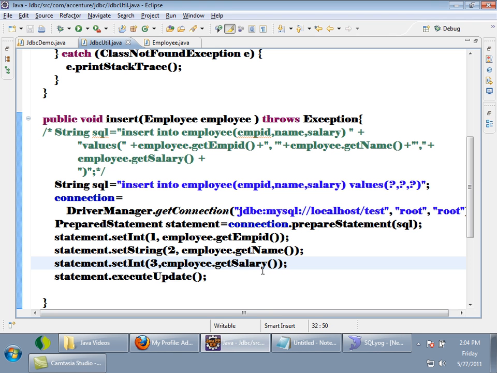In JDBC, we understood about statement and prepared statement. When to use statement and when to use prepared statement? Prepared statement is for executing the same query multiple number of times. When you are executing the same query multiple number of times, it is better to use prepared statement rather